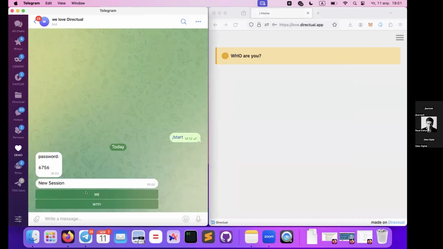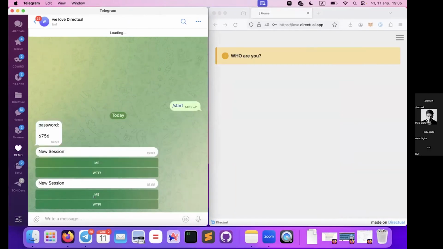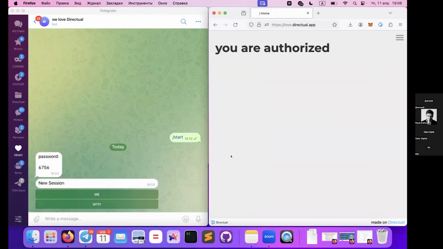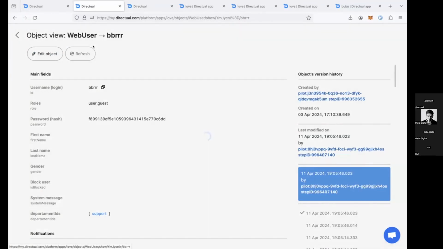Push this button. Okay, we see that all works, and we can refresh our user and see that our main roles have been